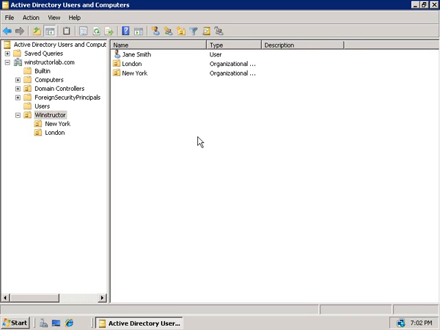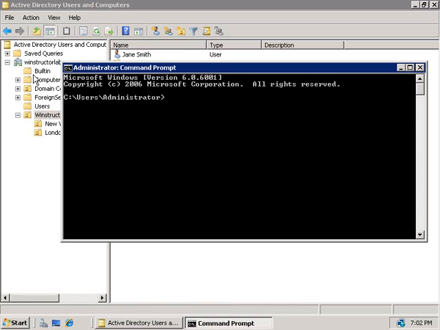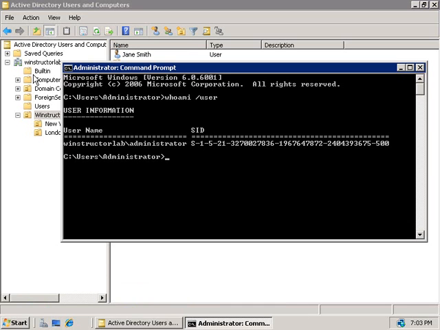So Jane's now free to log in using the password we supplied, and she'll be asked to change that password when she first logs on. Now, we're free to create as many user accounts as we like, with the only condition being that each account must have a unique name. And speaking of names, although you and I see Jane Smith here for this account, behind the scenes, Windows sees something different. So if we click on Start and open up a command prompt, and we'll type in whoami with a /user switch,